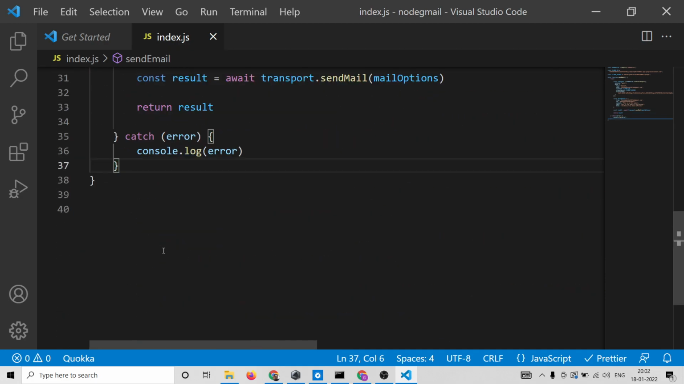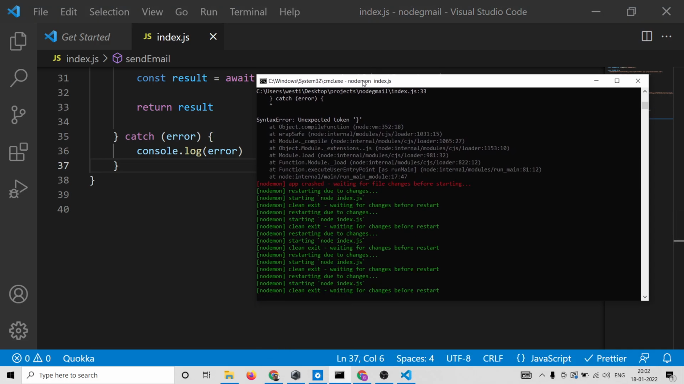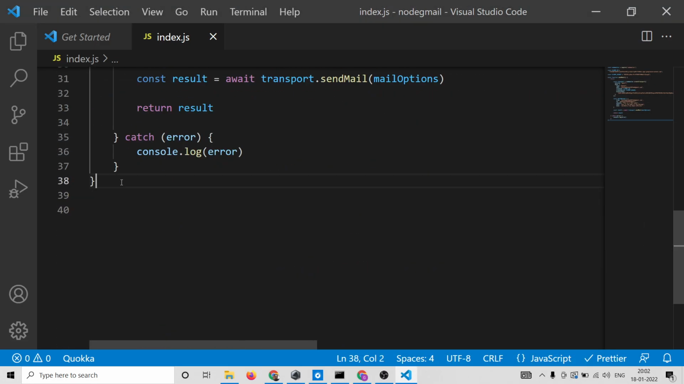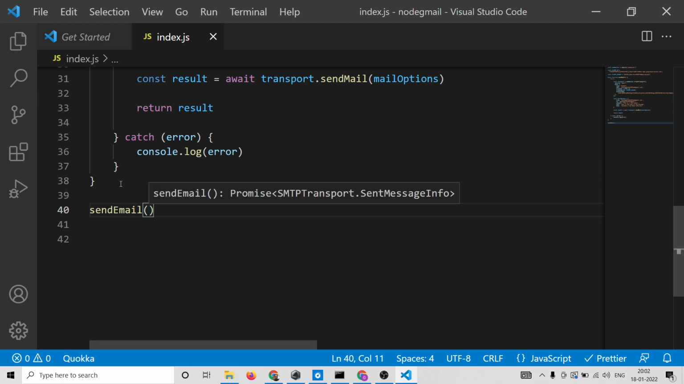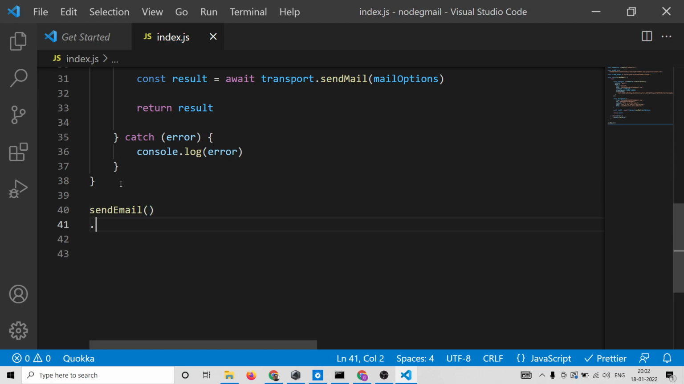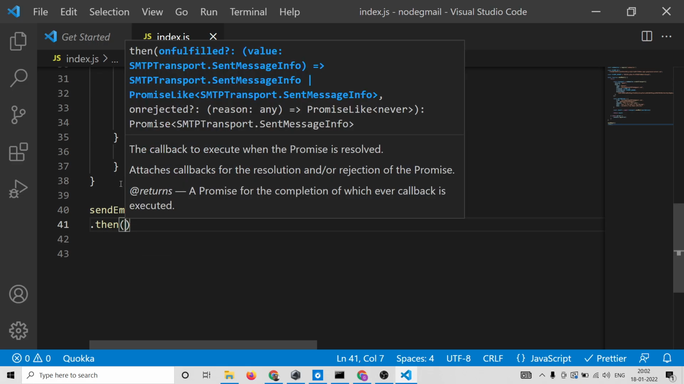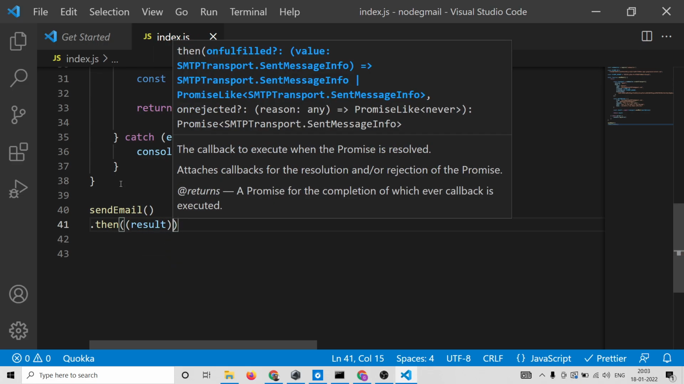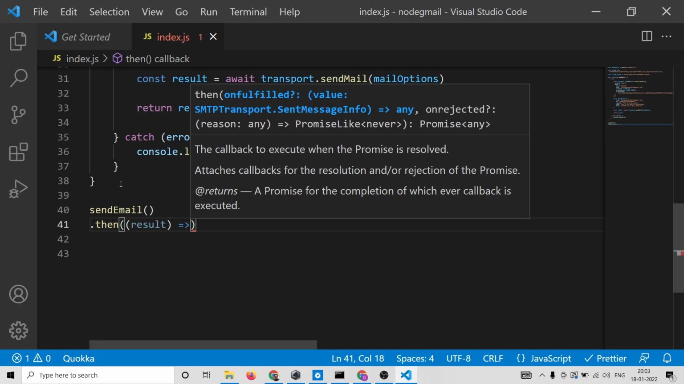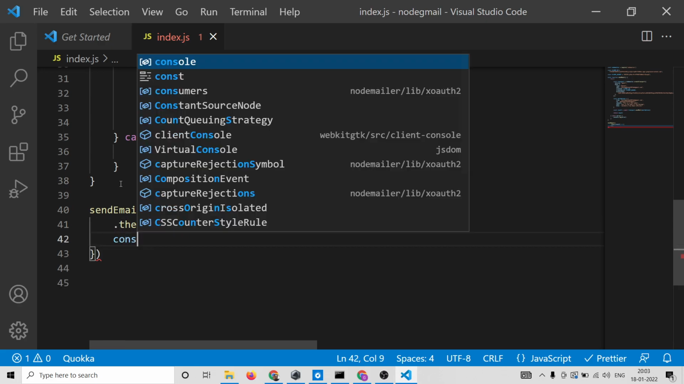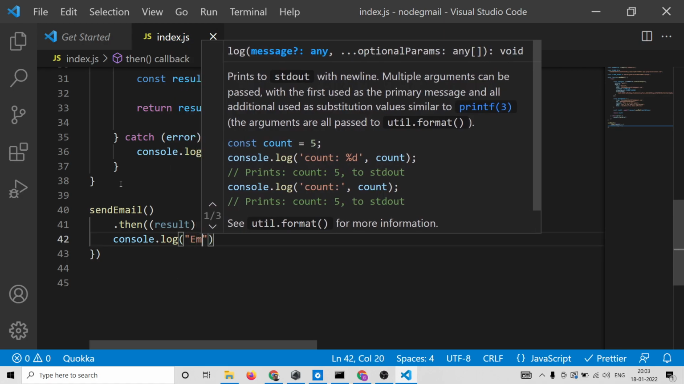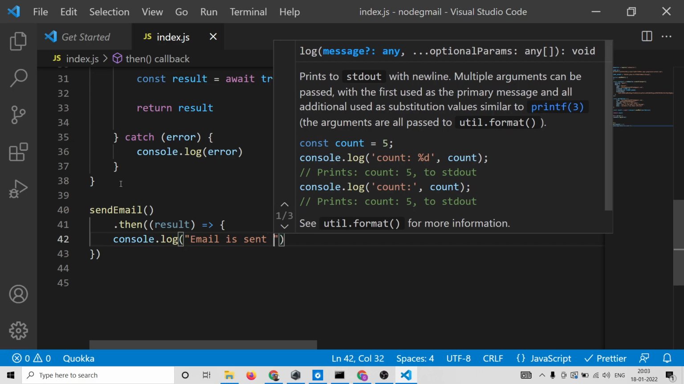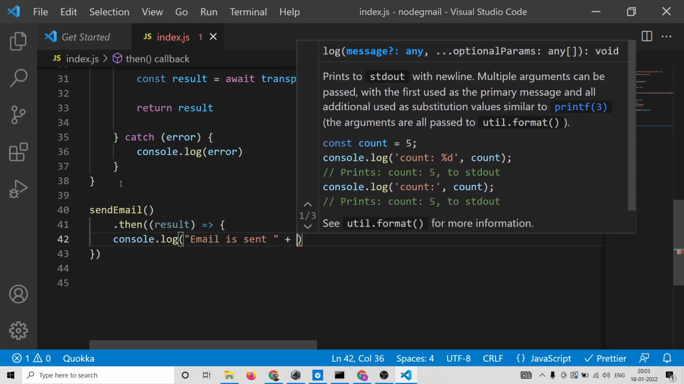Now in order to call this function, if you run this, nothing will happen because we just defined the function, we haven't called it. Now we need to call this. As this is an async function, it will be returning the response in a promise, so we need to write .then, and inside this we will have the result, and we can just console log that email is sent, alongside the response. We can concatenate the result,